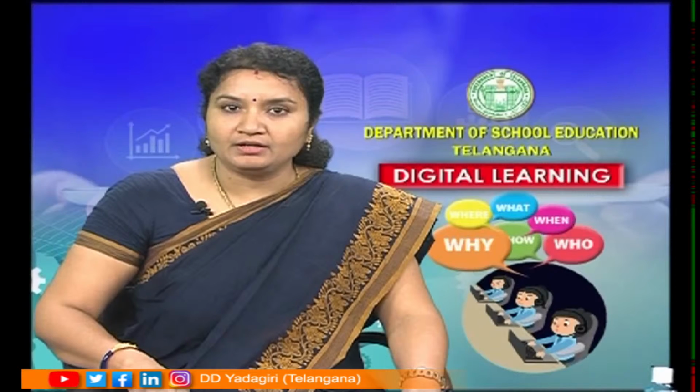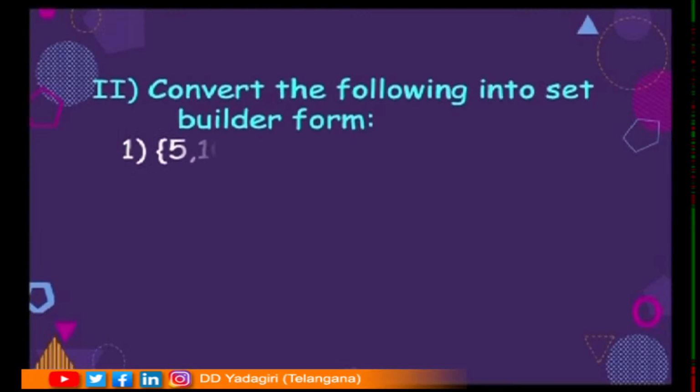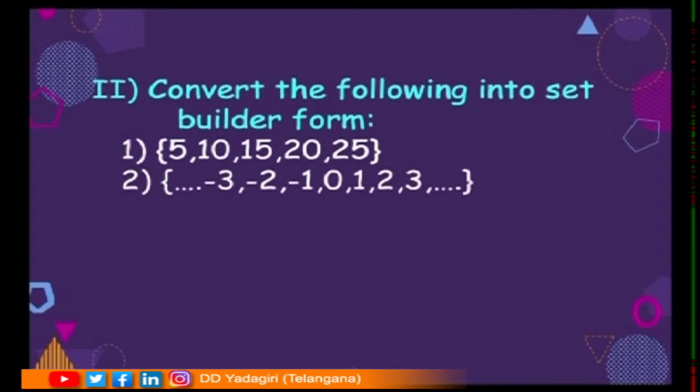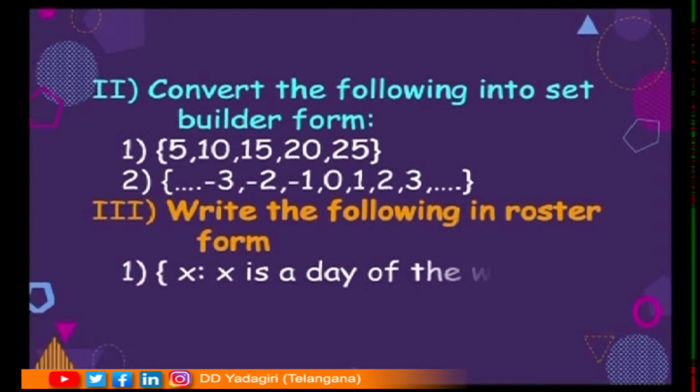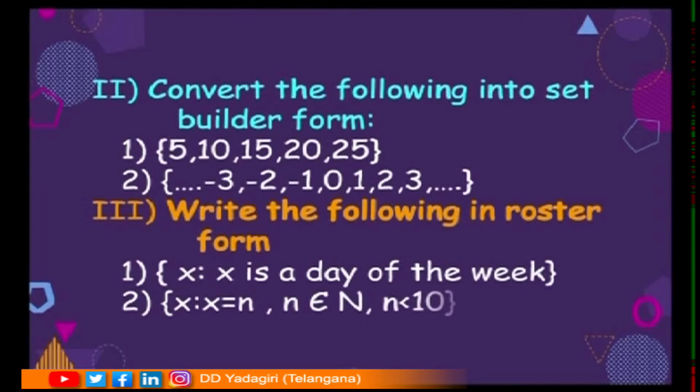Now the second one, convert the following into set builder form. 5, 10, 15, 20, 25. The second one is -3, -2, -1, 0, 1, 2, 3 and so on. Now the third bit is write the following in roster form. I am giving you in set builder form and you have to write them in roster form. Set of x such that x is a day of the week, and the second one is set of all x such that x is equal to n, where n belongs to natural numbers and n should be less than